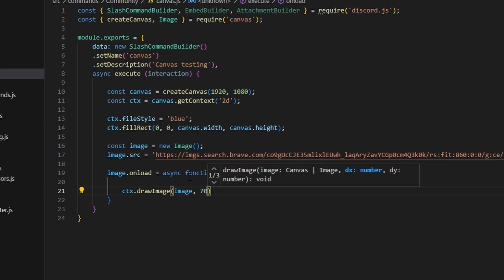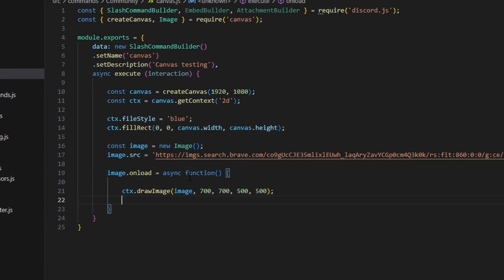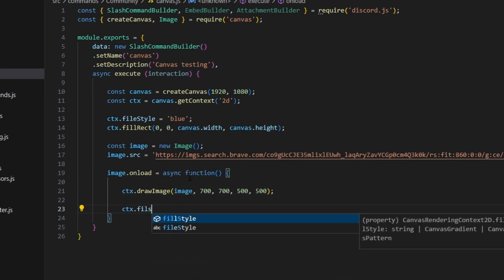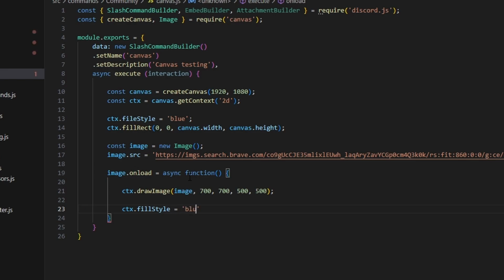So we could just do like 700, 700. It doesn't really matter where we're going to put it, but we'll just put it there to start. Then for the dimensions, I'm going to make this a square, so we can do 500 by 500. Then we can do our ctx.fillStyle, and we're going to go ahead and set this equal to black, because